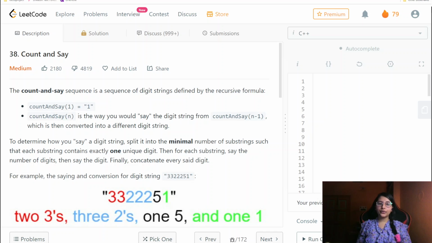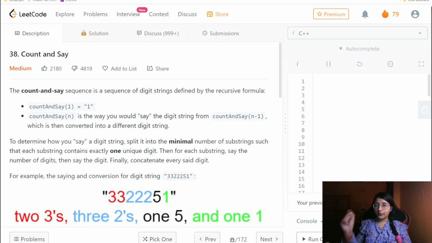So today we are going to do the LeetCode daily challenge, Count and Say. First you need to go through the question explanation and understand what exactly this question wants to say, because it is a mysterious question. But once you understand what it wants to say, it is a much easier question. So let us first start with the question